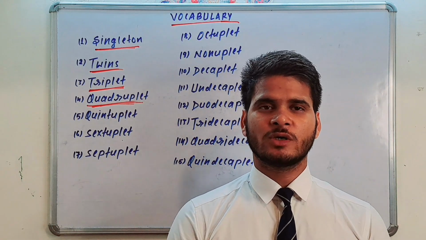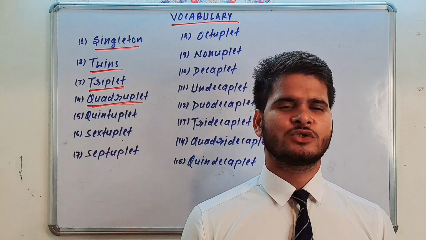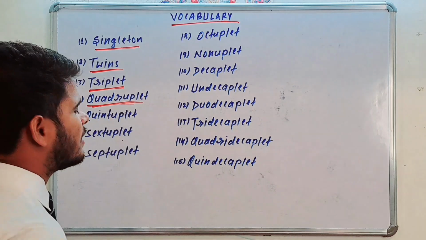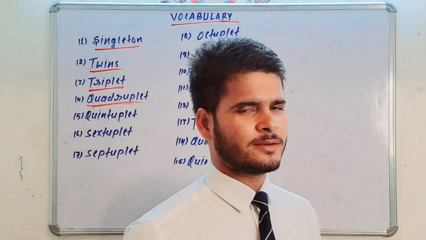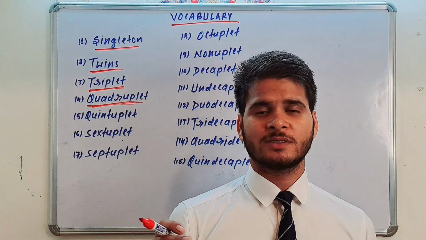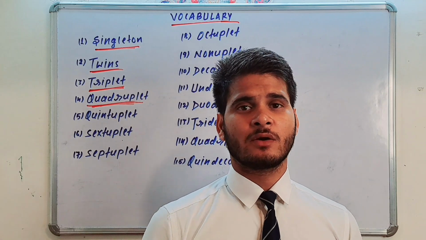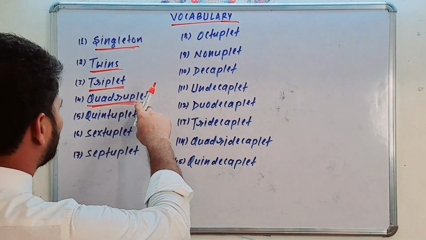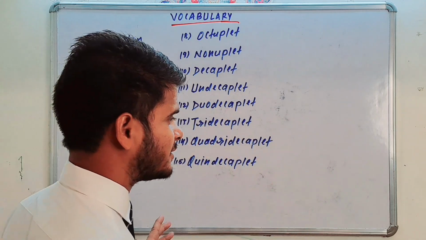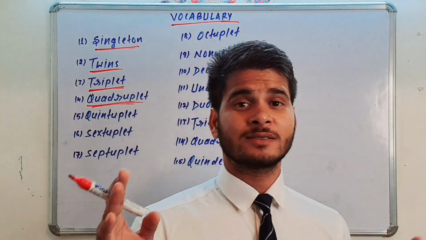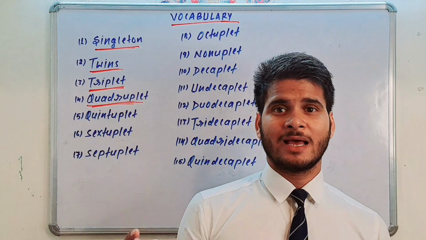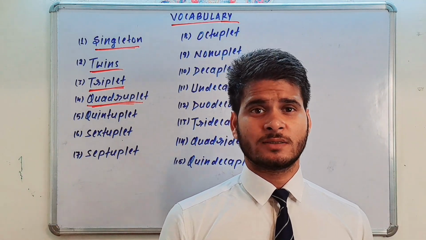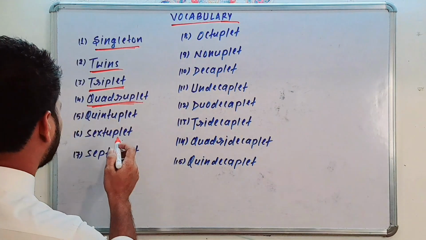I told you about singleton, twins, and triplet, and quadruplet, four babies at a time. Okay, understand here. When a mother has four babies at a time, that is called quadruplet. And here, see